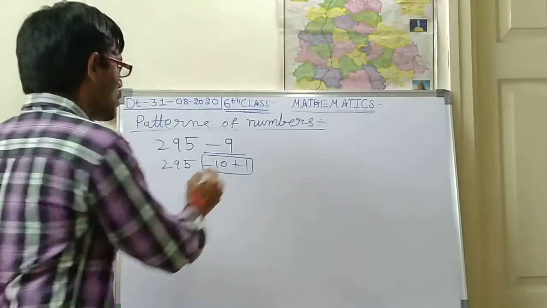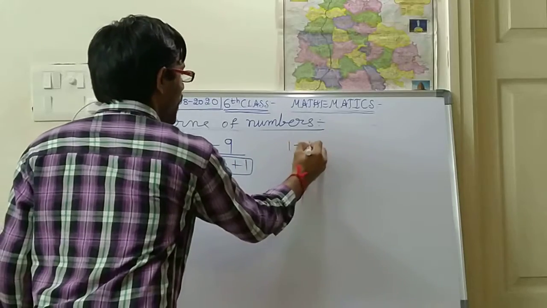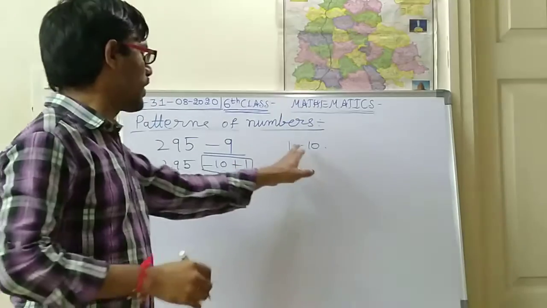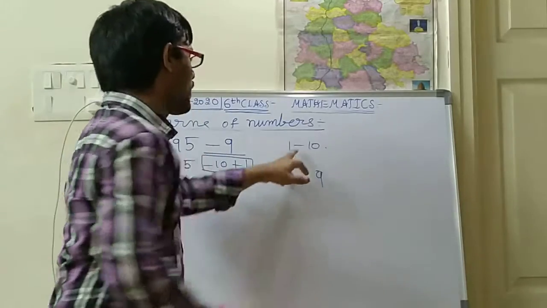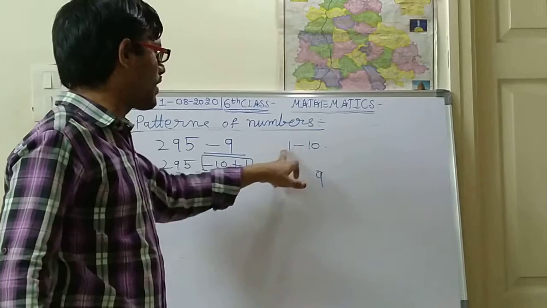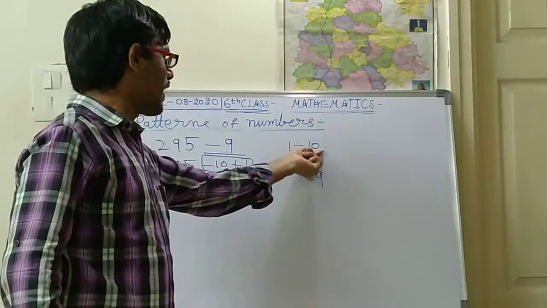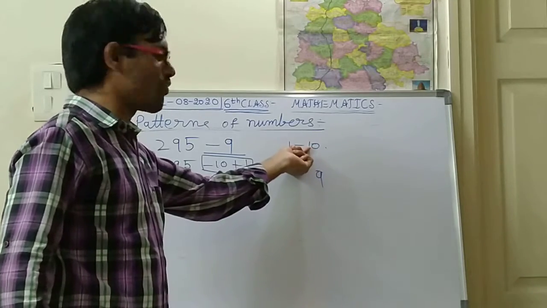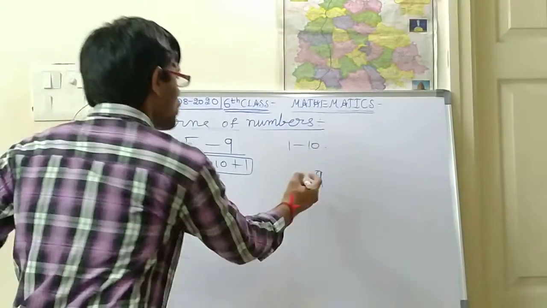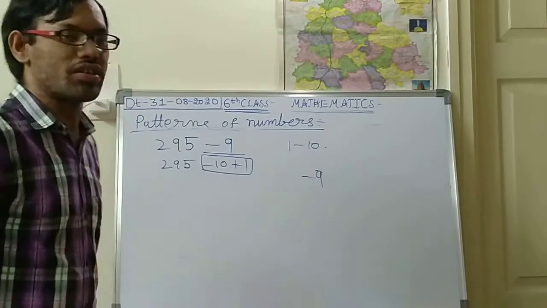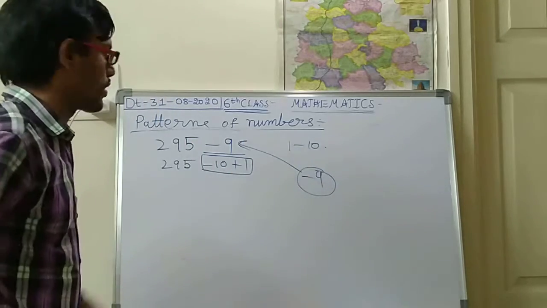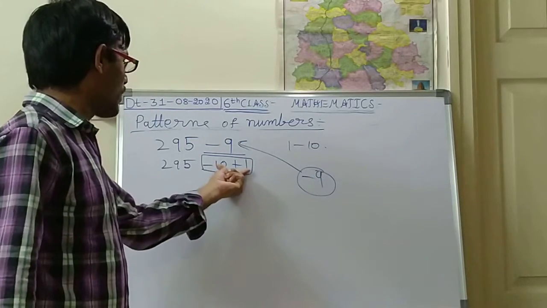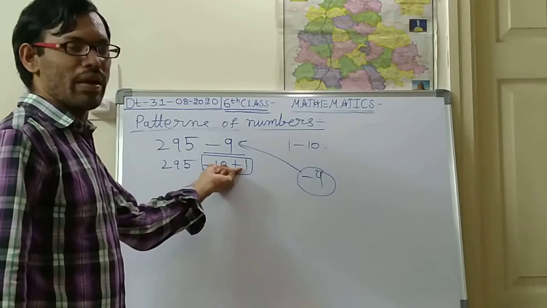You can write 1 minus 10. What is 1 minus 10? Here 10 minus 1 is 9. Of these two, what is the biggest number? 10 is the biggest number. For this biggest number, what is the symbol? Minus, so you should keep minus for the answer. So the answer is minus 9. So I can write it as 1 minus 10 plus 1.